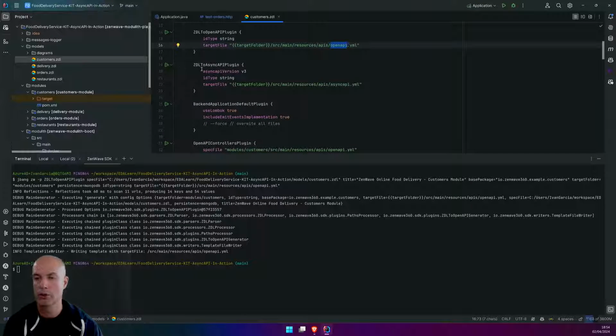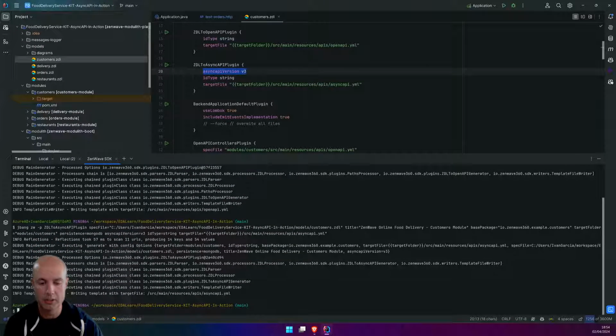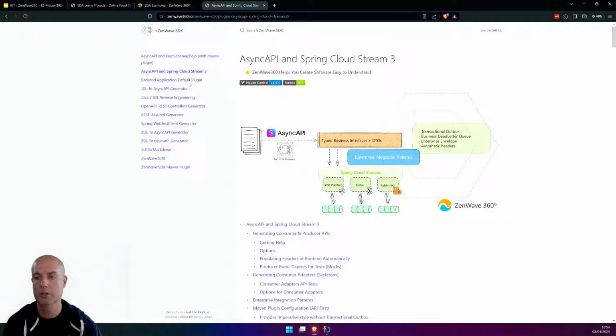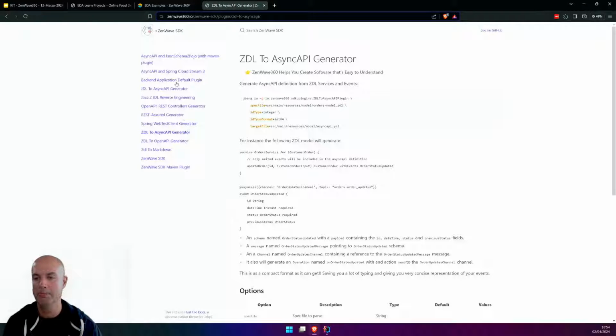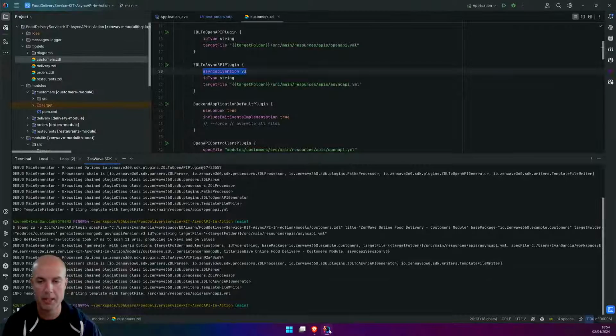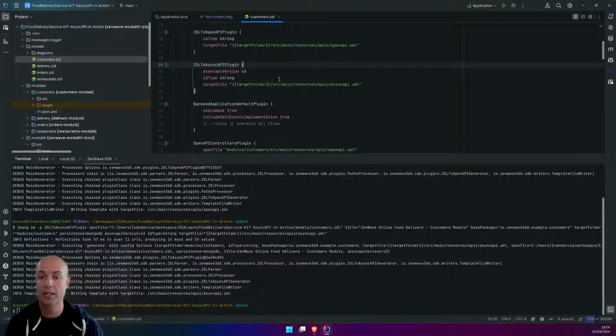We are going to also create an AsyncAPI version 3 file. Again, you have all this information in ZenWave toolkit for OpenAPI, for AsyncAPI, and all the information is here. There is nothing magic. There is also some auto-completion you can get, but most of the documentation is enough to run this.